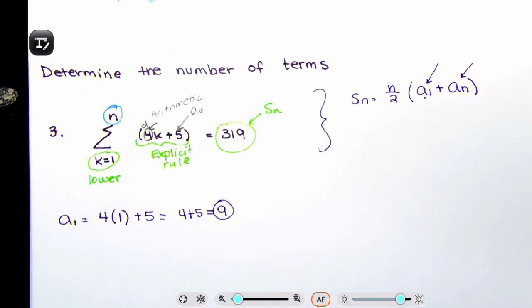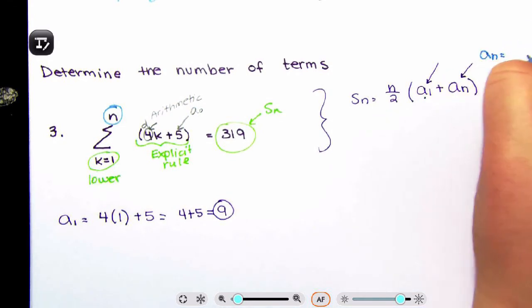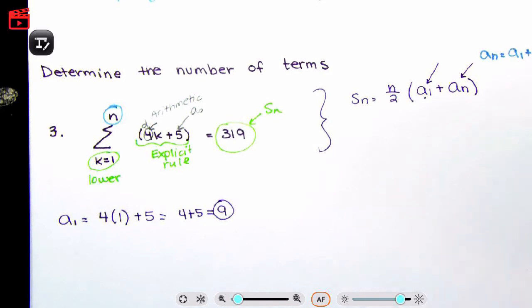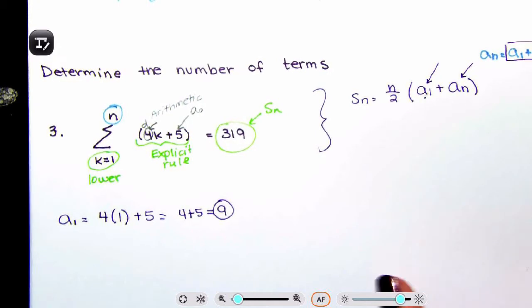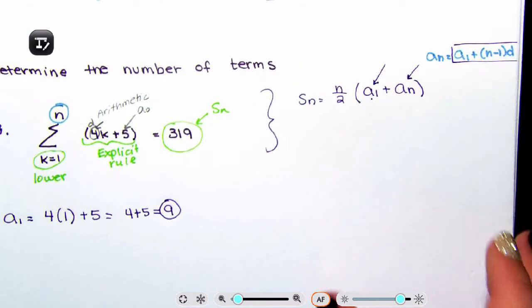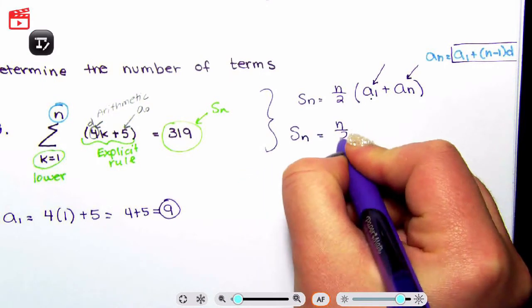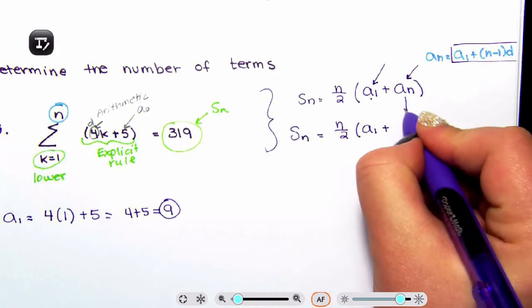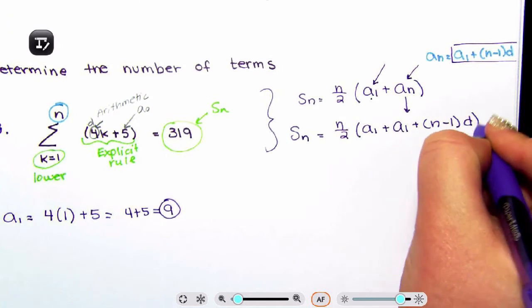However, if you recall example number 1 or question number 1 in this video, we said that for the explicit rule, a sub n is equal to a sub 1 plus n minus 1 times d. So that means we can substitute or replace what a sub n is to be able to solve. So I'm going to say S sub n is equal to n divided by 2 times a sub 1 plus, in place of a sub n, a sub 1 plus n minus 1 times your common difference,